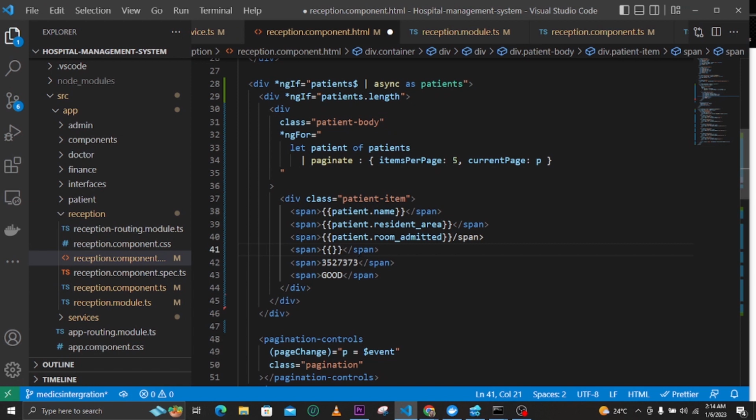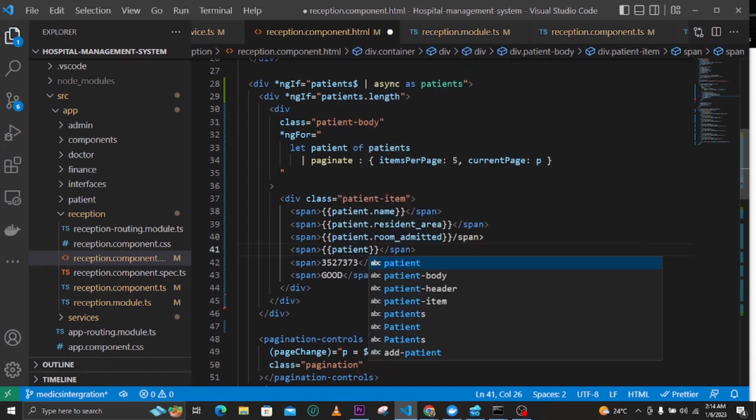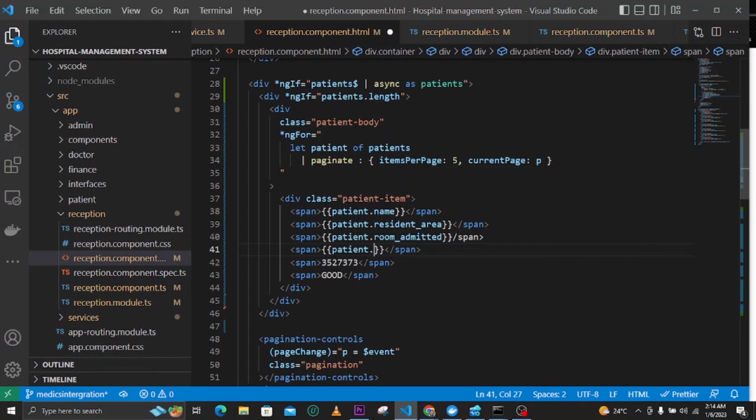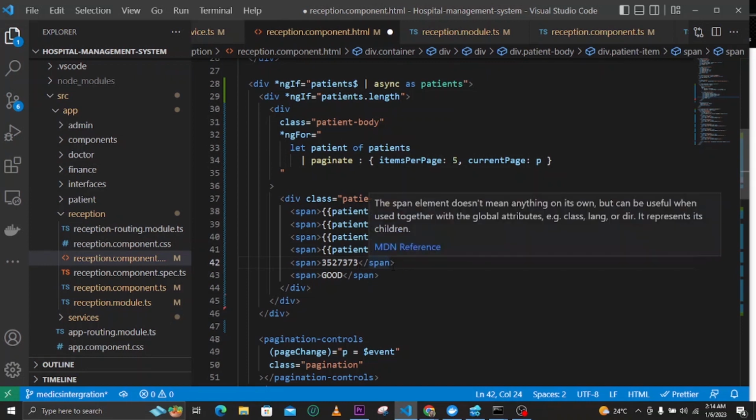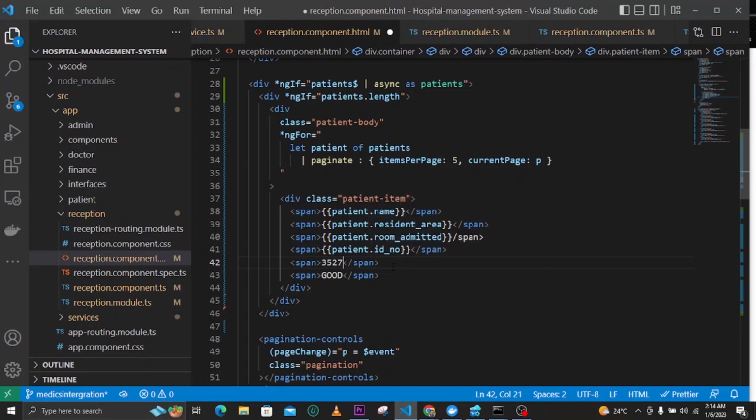Let's add it here, and this time we'll say patient.ID_number, just like that. And I think now here, I don't know if I've done it correctly. Okay, yeah, let's see here. No, this one is admission number. Yeah, so admission